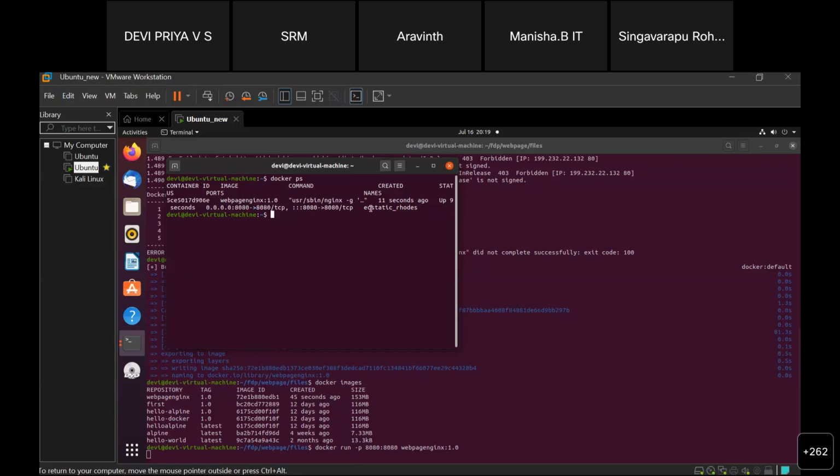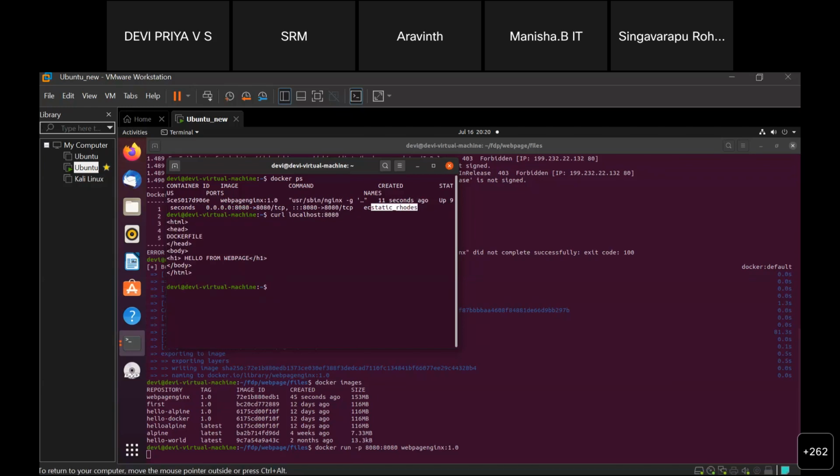And since I am not explicitly giving any name to the container, the daemon itself, that is the server itself, will associate a name to it. So we can see that. Now the container is running, and if I take the page, we can see 8080.